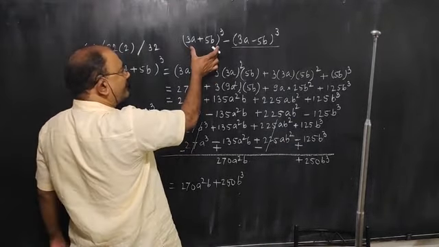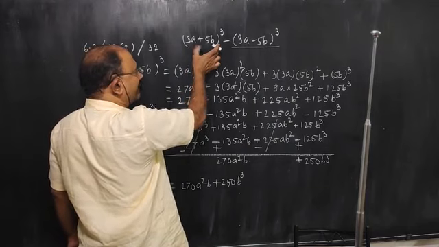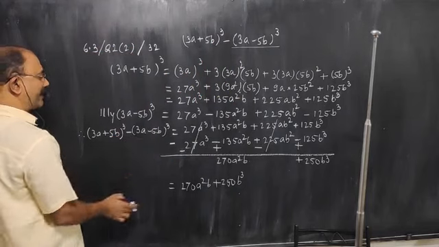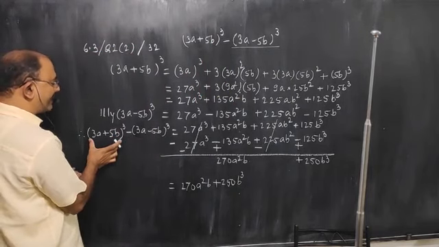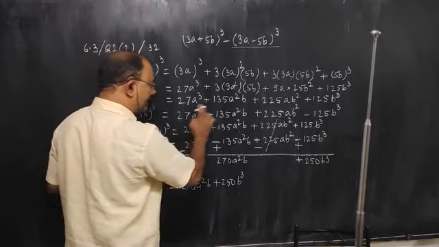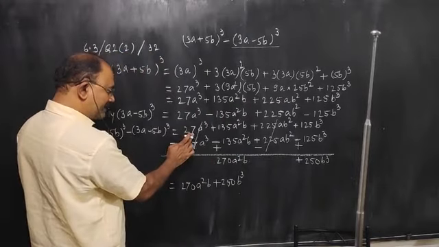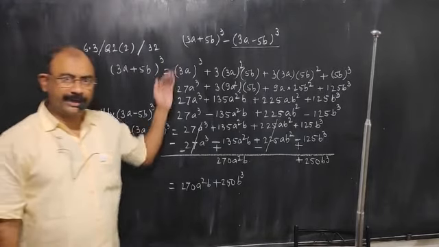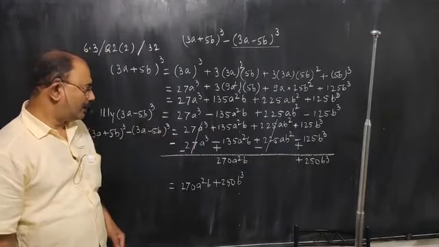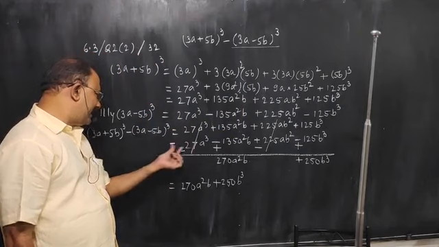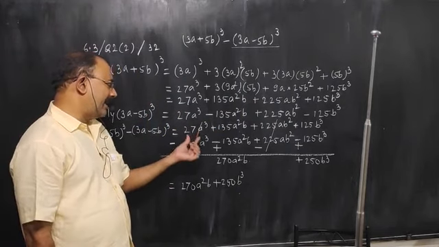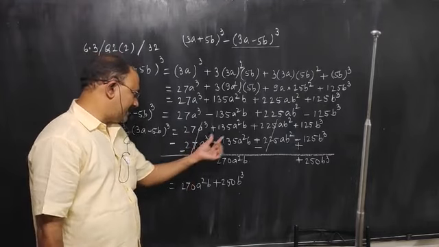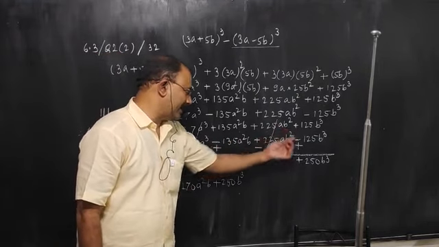Now what we have to calculate is this bracket cube minus this bracket cube. So I have written this bracket cube minus this bracket cube. The expansion of the first bracket whole cube, you have already calculated, all four positive terms. Write them, just copy paste from your calculation. Then write the expansion of the second bracket. You only have to change the alternate signs: first term positive, second negative, third positive, fourth negative.